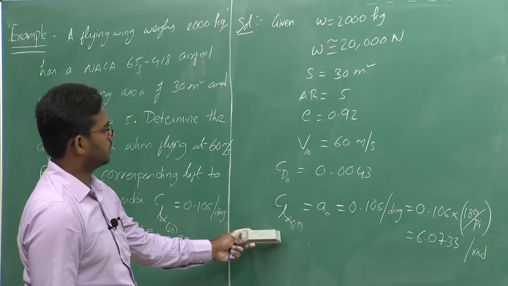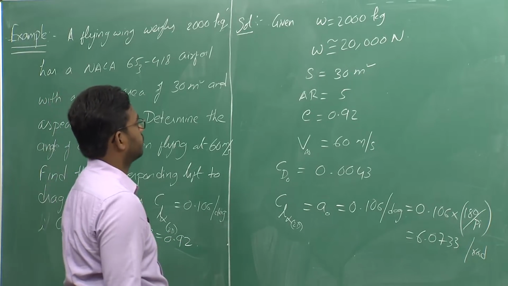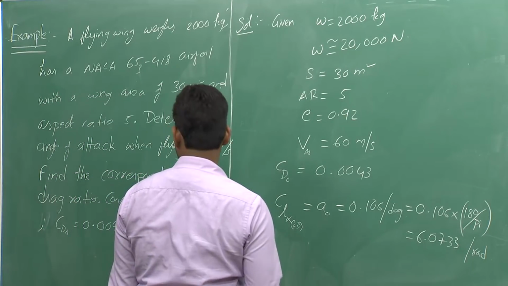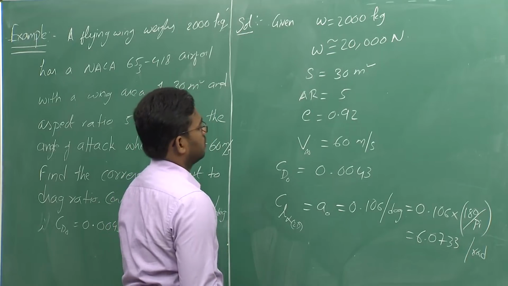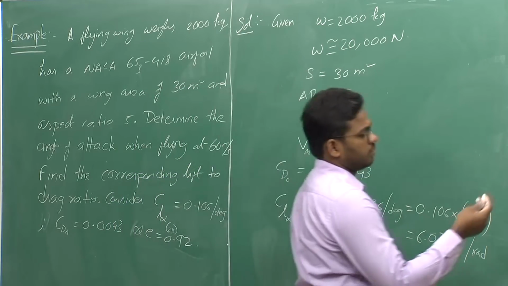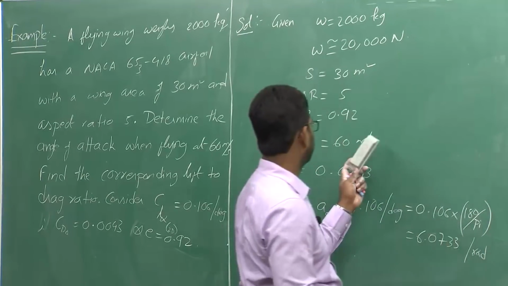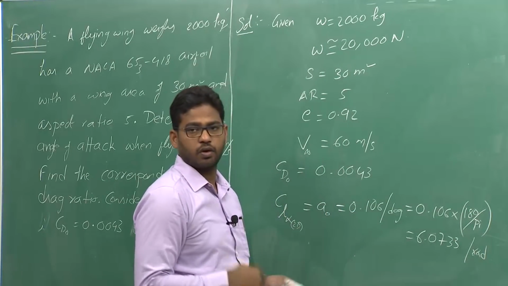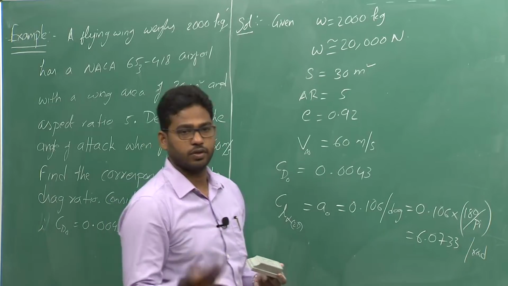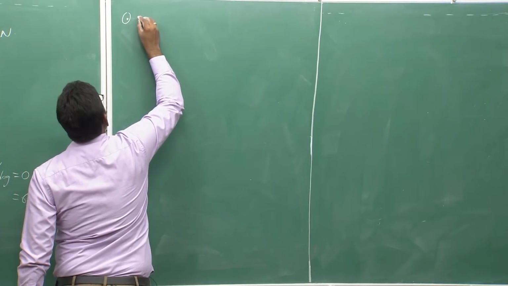This is the CL alpha 2D of the airfoil. Now, how do we find CL alpha trim for this particular case? That means when you are flying at 60 meters per second, how do you get the alpha trim of the UAV? During cruise,